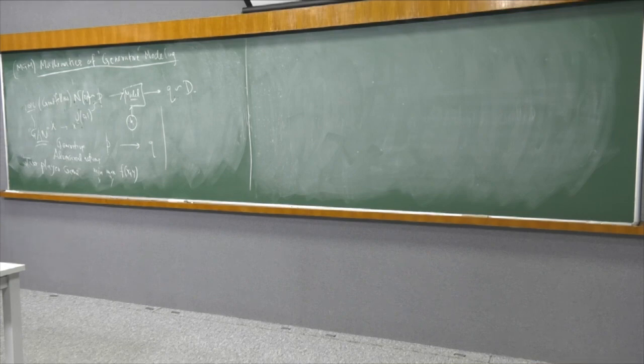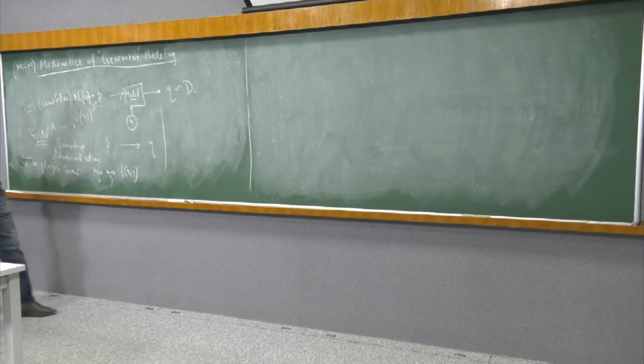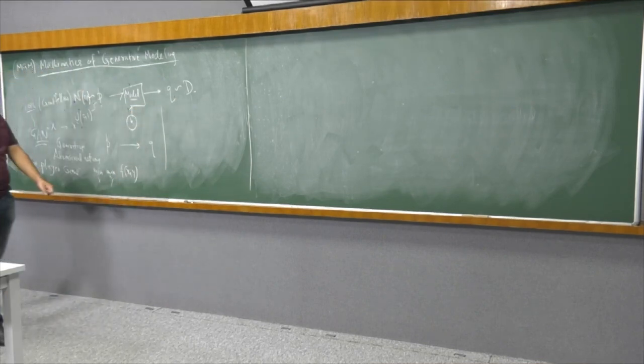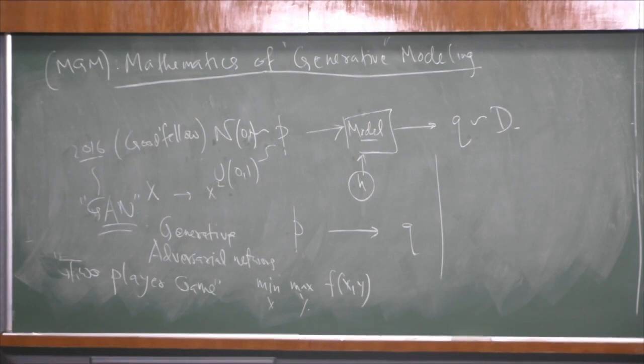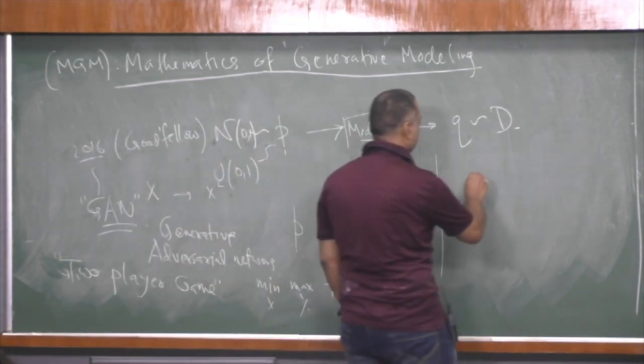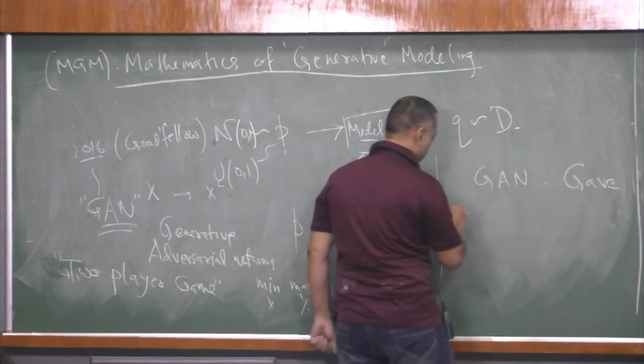With this GAN, what goes here I don't want to say right now, but essentially some kind of training goes on, and then later it starts producing something very interesting. It depends what you train on, whether it's images, even now you can do video, text, and so on. So what did GAN do? GANs gave machine learning.